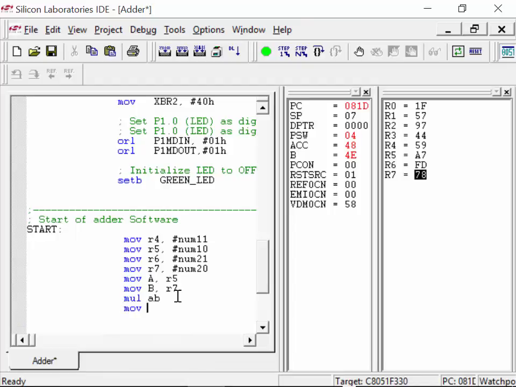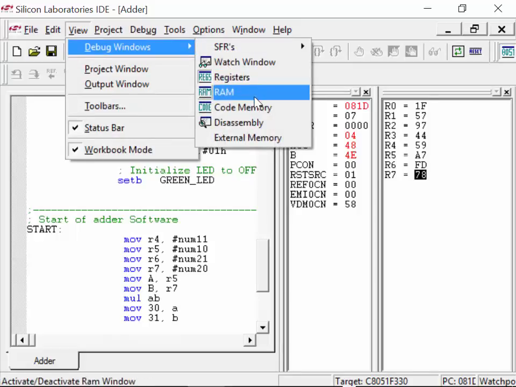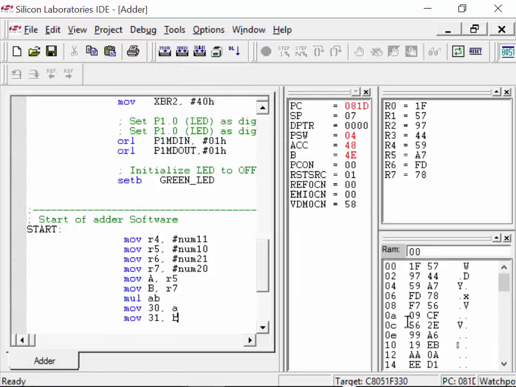Move A to 30 and move B to 31 right there, because later on we're going to have to add them up in a certain order and store them right there. So, project debug, view debug windows, and we want to look at memory, RAM, right here, so that we can see that our numbers are stored down here. Location 30 is where we're going to expect to see our numbers stored. So let's